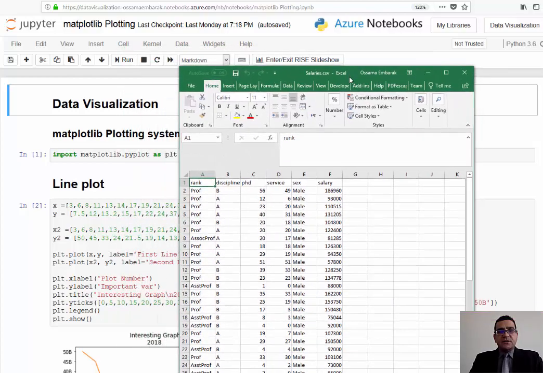Welcome to data visualization. In this lecture, I'm going to use the Matplotlib package to visualize and plot our data. I'm going to use the same data set which we already used before, salaries, for a set of faculty members with different rank: professor, assistant professor, associate professor, and with a discipline, PhD, how many years since each one was awarded his or her PhD, how many years in service, gender, and salary, as we see here in this